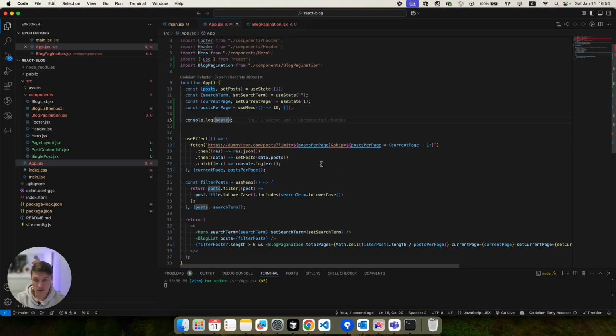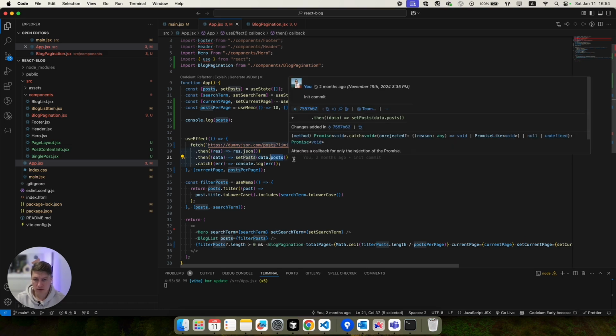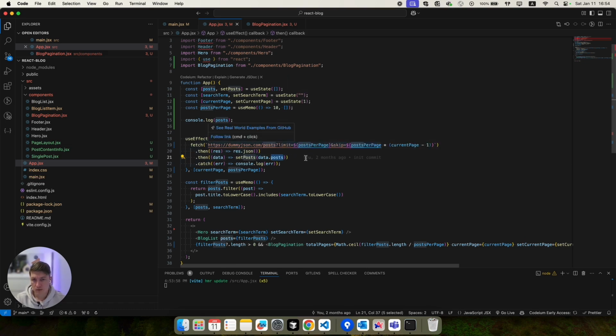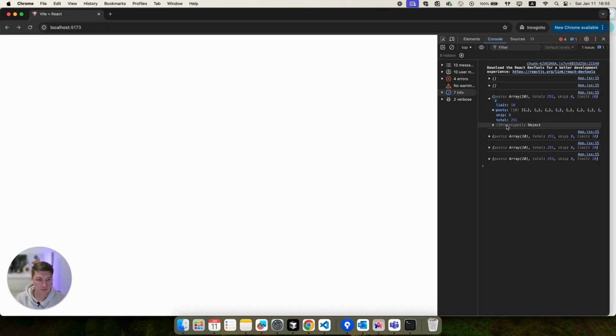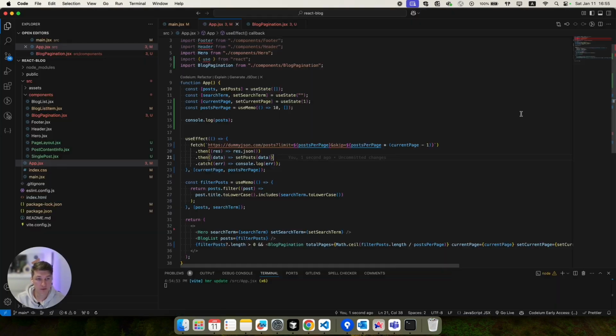For that, we need to change a little this fetch and exactly where we set our post. So instead of getting just the array with the post to our state, we need to get all the data. So if I change, but probably it will crash the application, but we will fix it. So now you can see that we have all the information. We have posts, but this is the post with this limit, with skip, with everything.